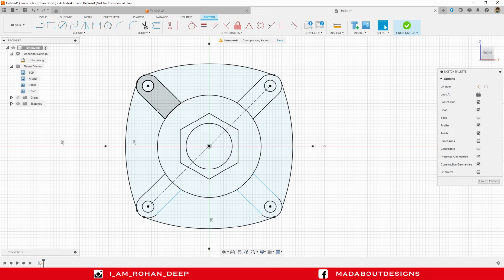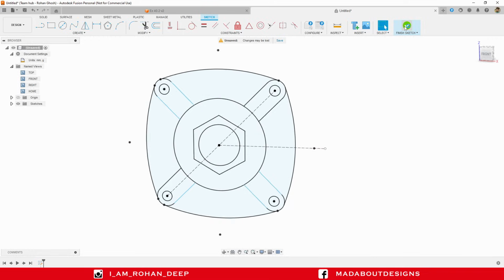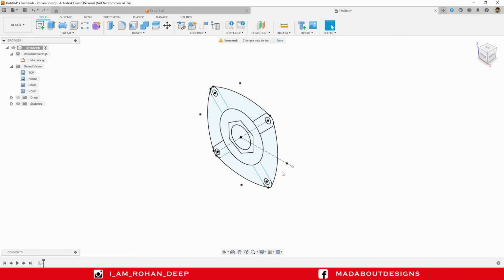But still you can see these lines are not defined. No need to bother, this won't change and this won't create any significant impact on our subsequent sketches and designs. So finish sketch, go to Extrude command,